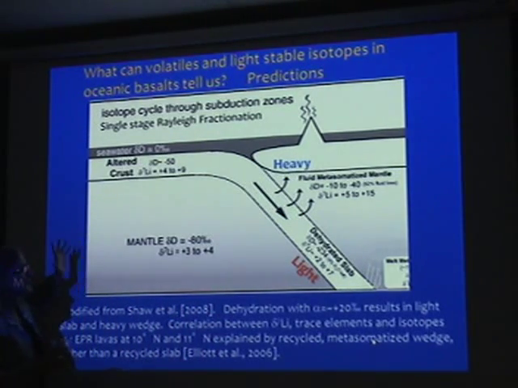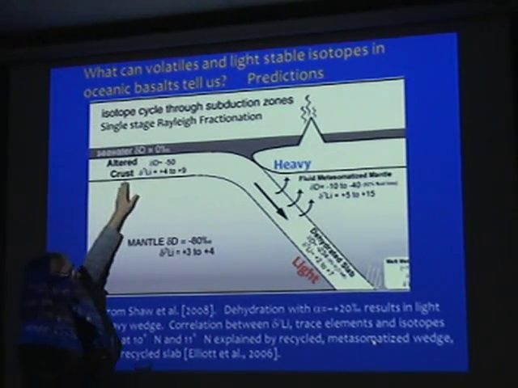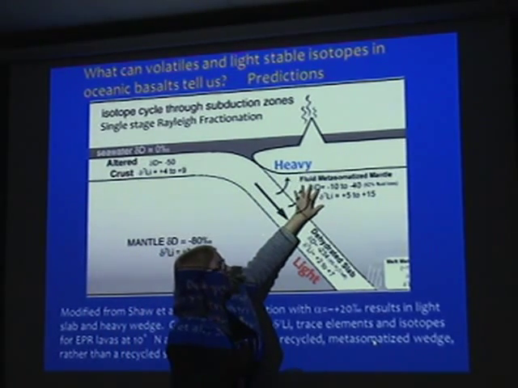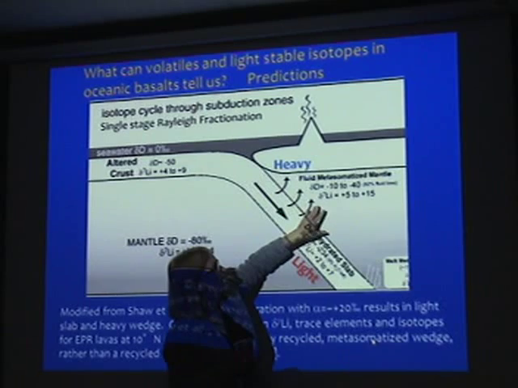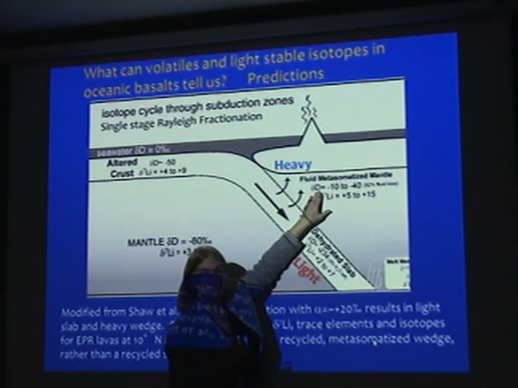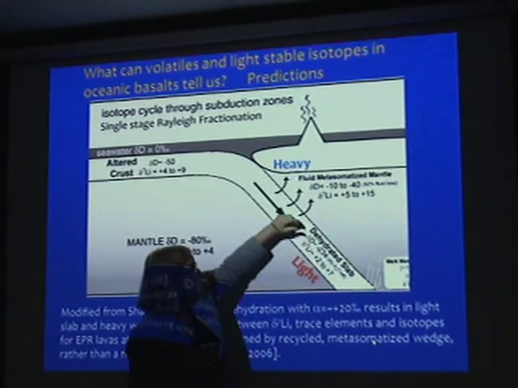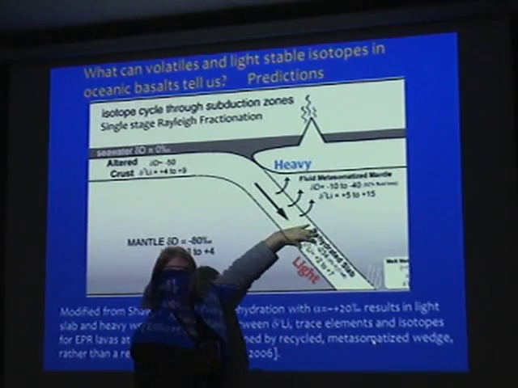And so the existing state-of-the-art model is you've got altered oceanic crust. During dehydration, the mantle wedge, which melts to form arc volcanoes, is enriched in the heavier isotope. So for delta D, it would be -10 to -40 per mil. And the lighter, the residual slab that's